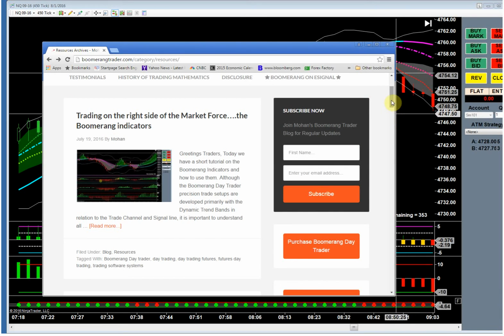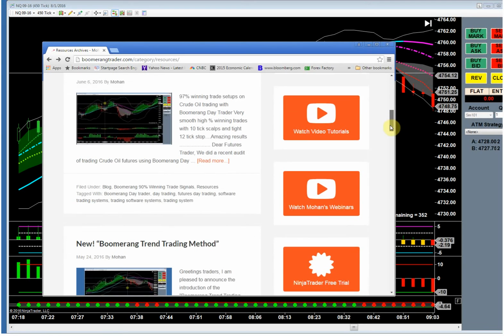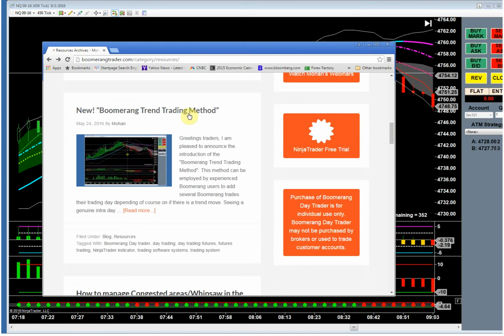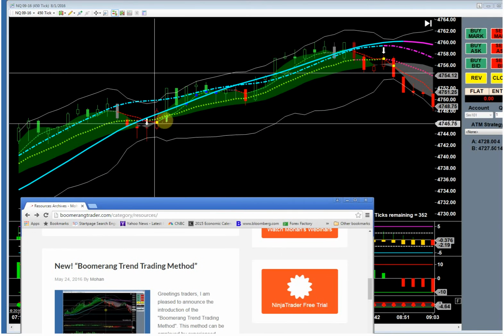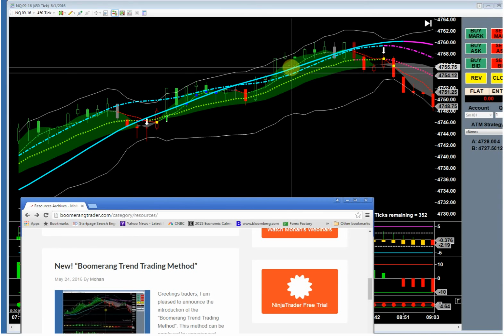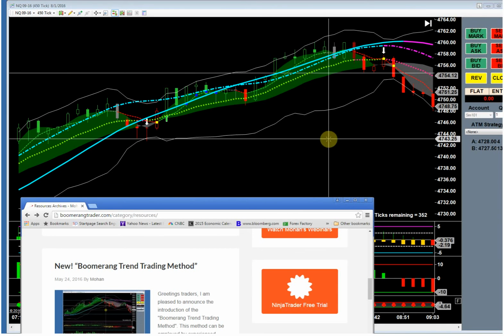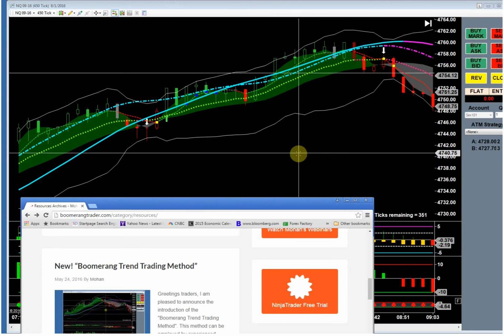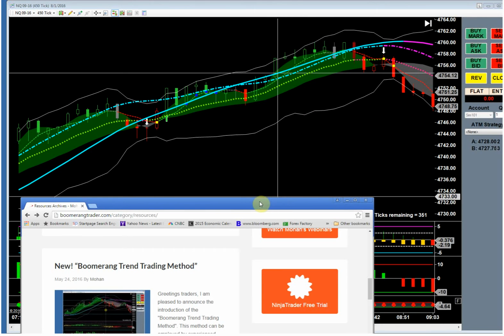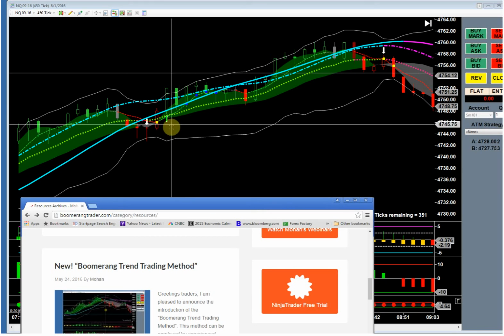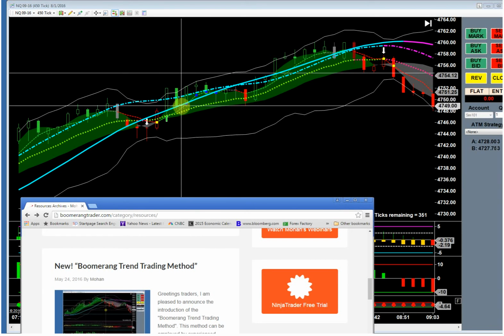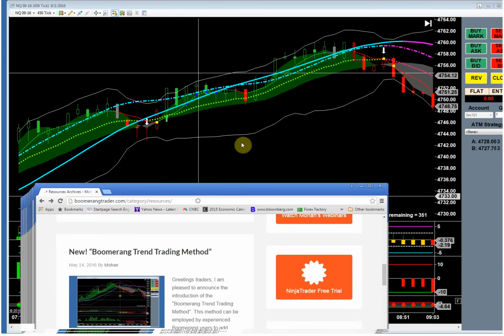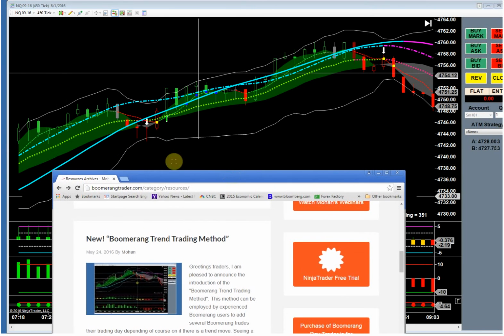I'm just reviewing this again. You could read that. We're not at crude oil yet. The trend trading method I just described occurs when you get a steep dynamic trend band number 2 rolling up. You're clearly in a trend here. That is a really excellent, powerful move. You can take a second level move, which was the one we showed you here, but you can also, if a trend trading move sets up, which it did, take that.